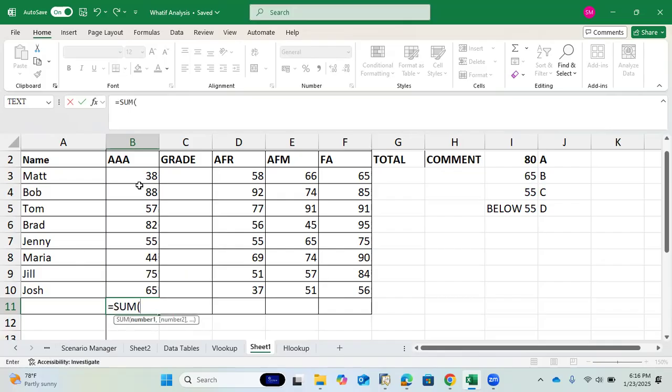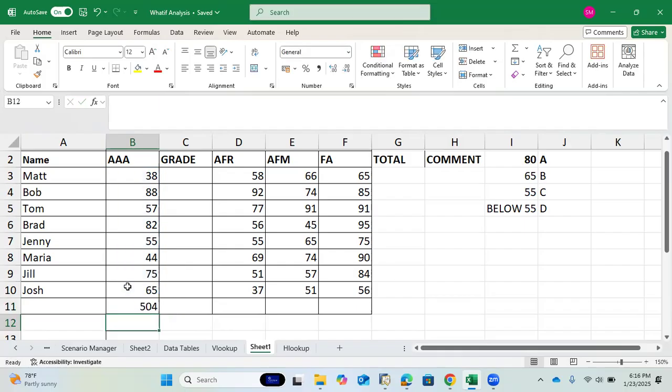Then it becomes active. Then of course you select from where you want to start your addition up to the last cell. Then you can simply close that particular bracket and press enter. We have that. Is anybody having a challenge with doing a summation? Then having done the summation of that particular column,